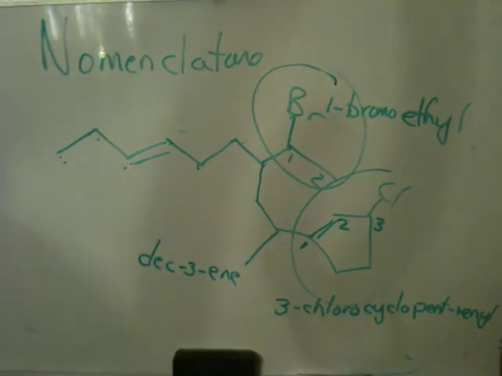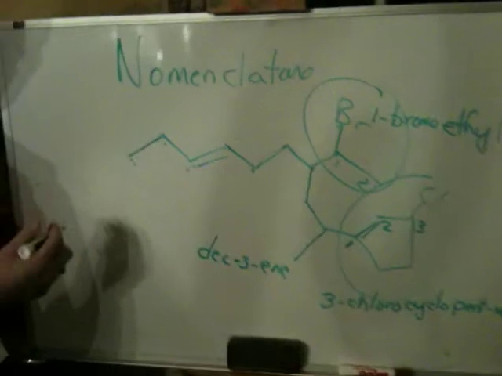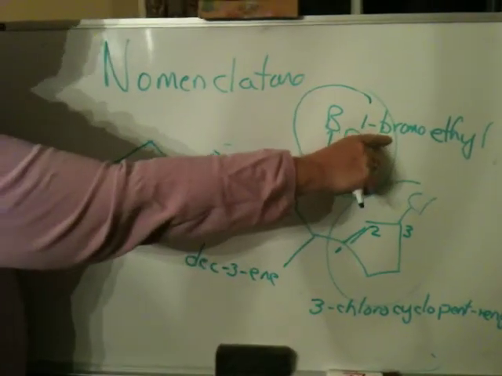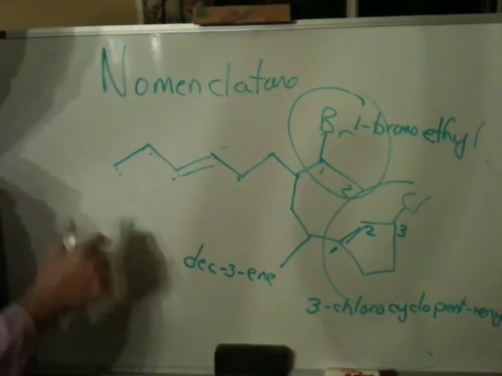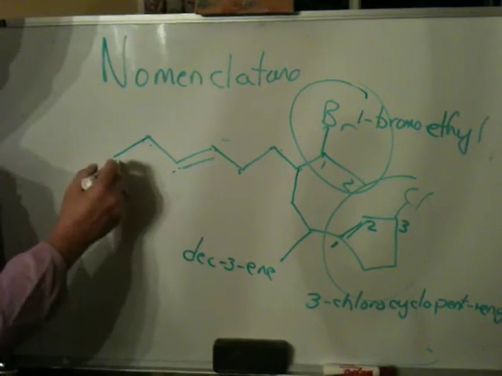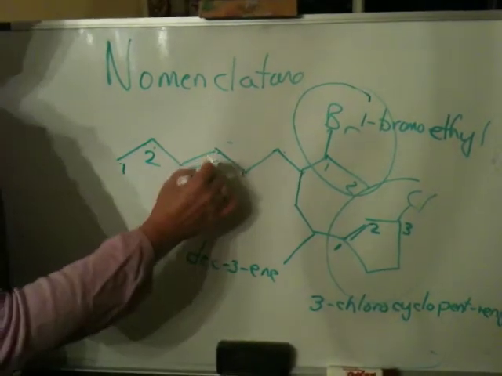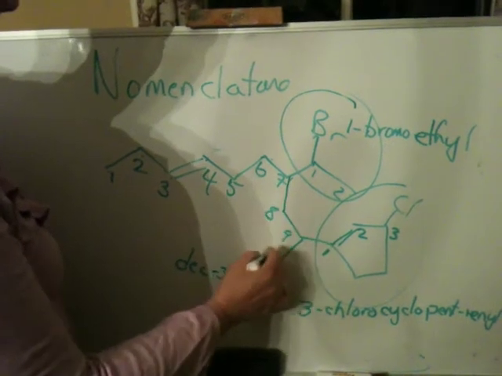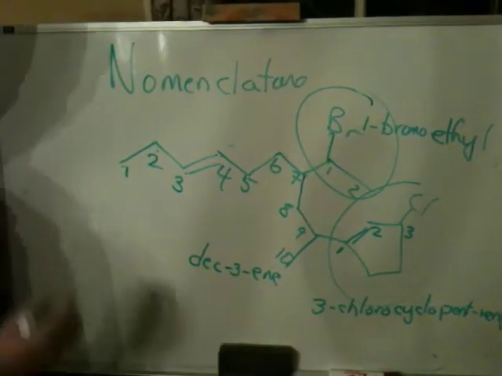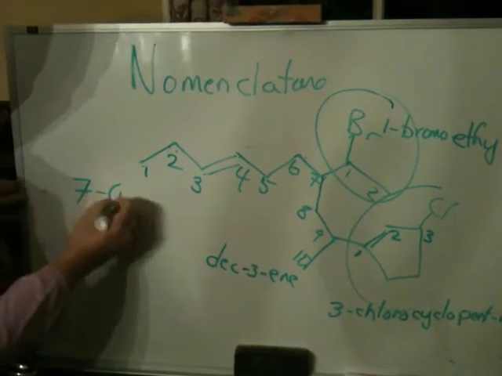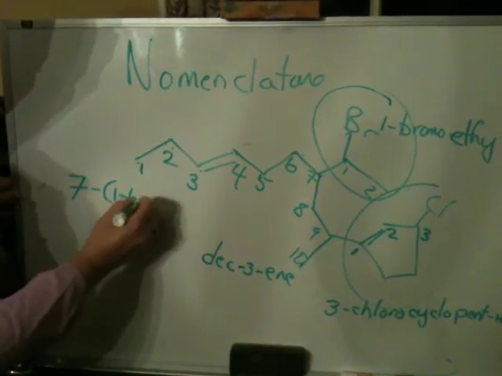All right, so putting this whole name together, what's going to come first in the name? This is going to come first in the name because of the B, and I'm going to start up here and work my way down here. What position is this? 1, 2, 3, 4, 5, 6, 7, 8, 9, 10. Okay, so this would be a 7-(1-bromo